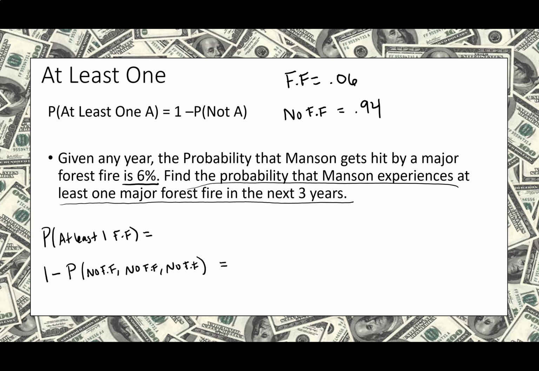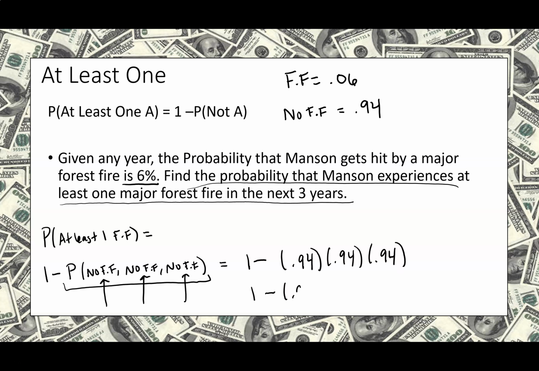Okay. Now, to calculate this probability right here, that's going to be 1 minus, well, what's the probability of no forest fires the first year? Well, that's going to be 94%, or 0.94. What about the second year? Oh, that's also 0.94. What about the third year? Oh, that's also 0.94. So we can rewrite this as 1 minus 0.94 to the third power, which gives us